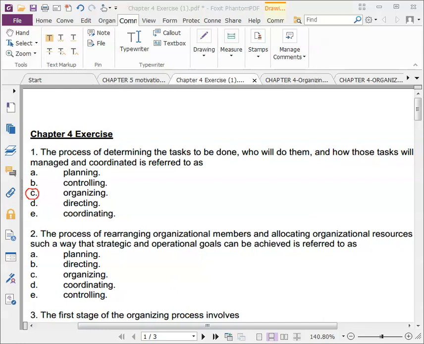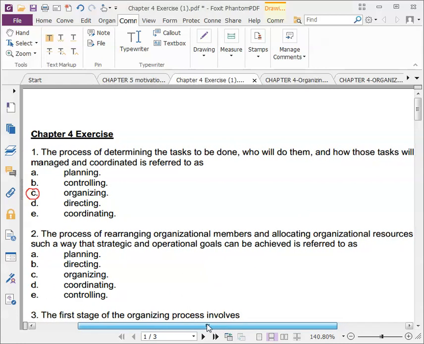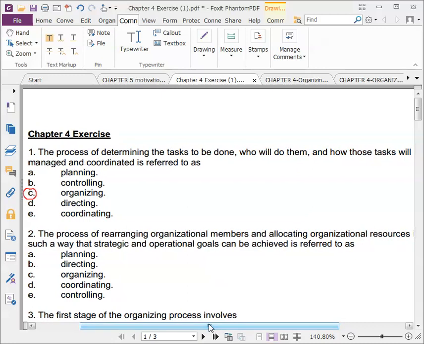Process of rearranging organizational members and allocating organizational resources in such a way that strategy and operational goals can be achieved is referred to as, okay, what is the process when we rearrange the members and allocate the resources? Okay. Which one is the most,